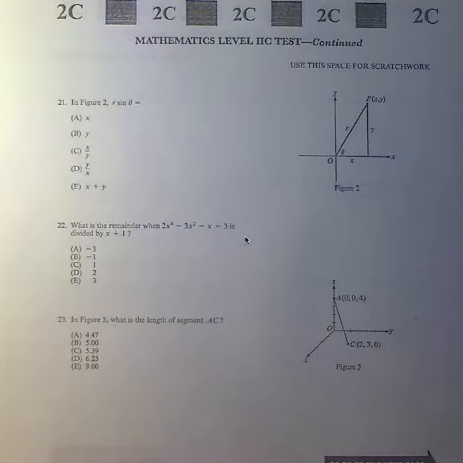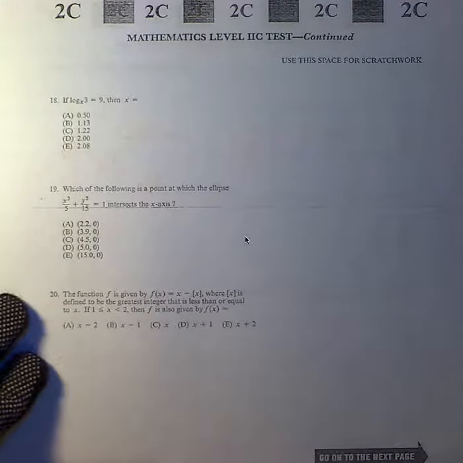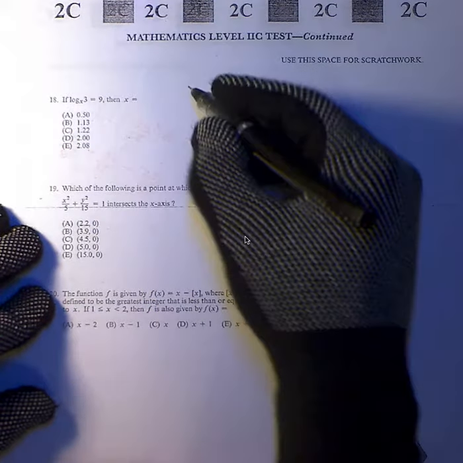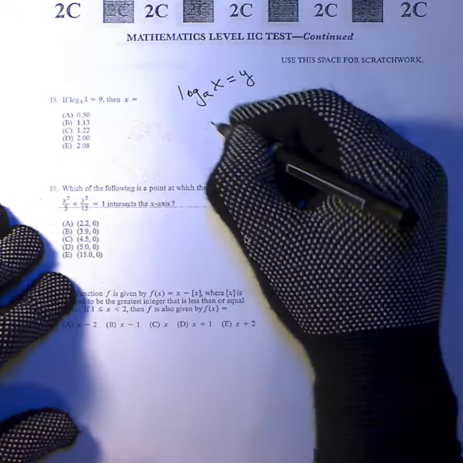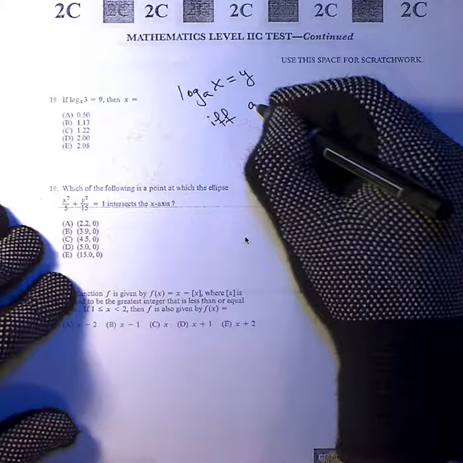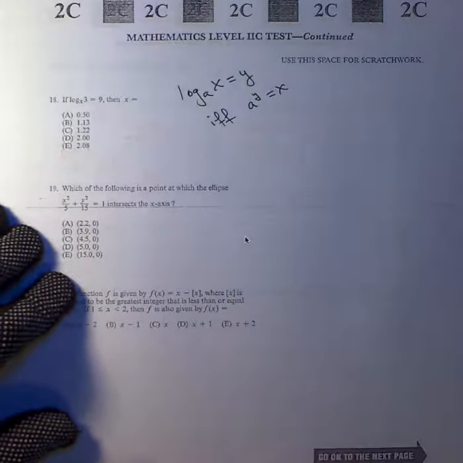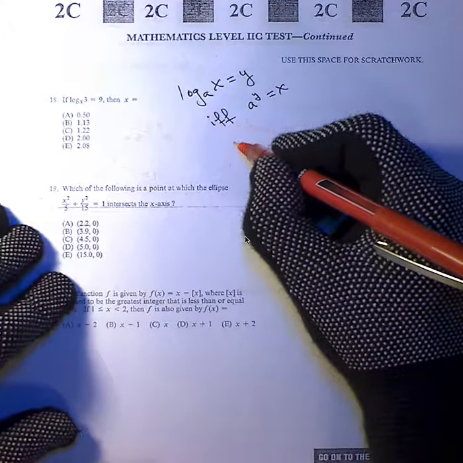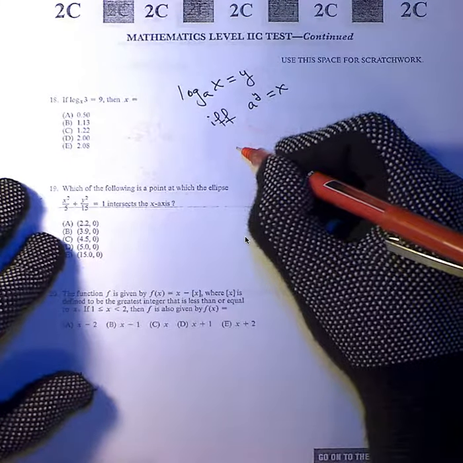And what's next? Well, I have to do the back. So here it is, and the back is problem 18. Let's start with the first one. By definition of the logarithm, we know that log base a of x is equal to y if and only if a to the y is equal to x, right? Using this definition, we can write what we're given as saying that log base x of 3 is equal to 9 if and only if x to the 9,